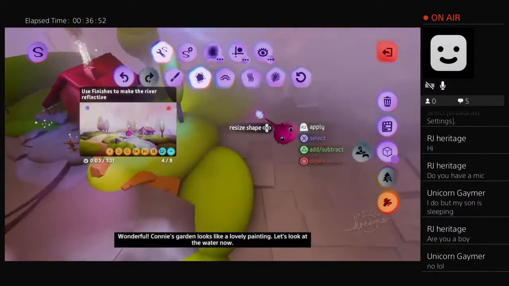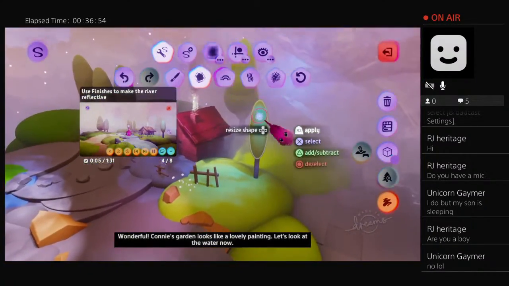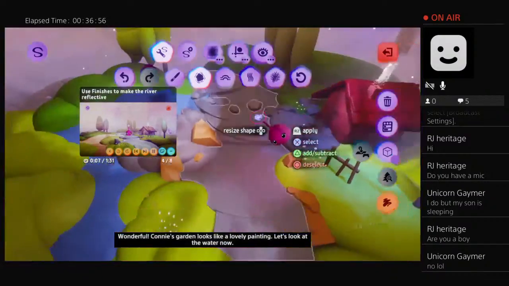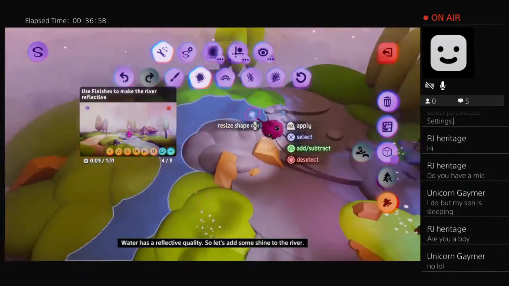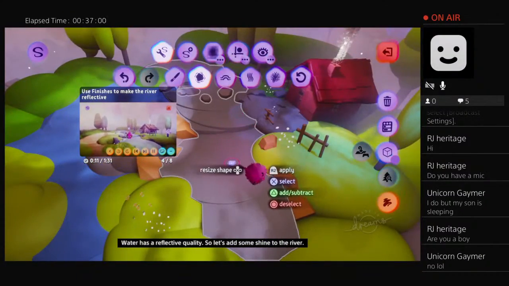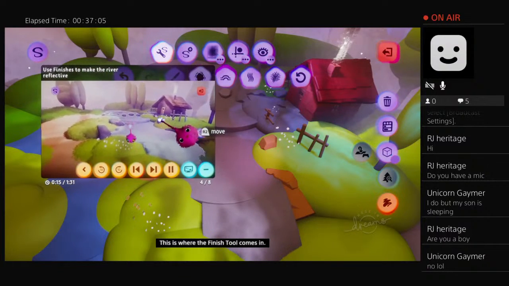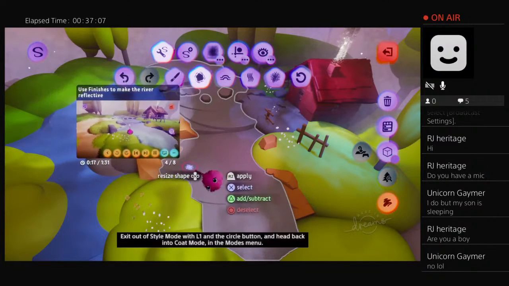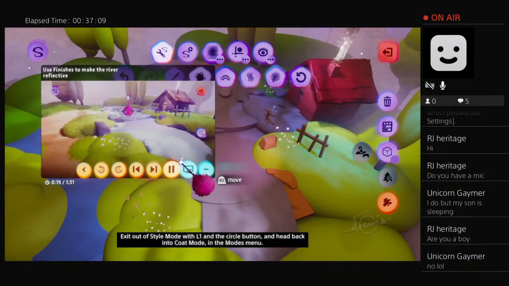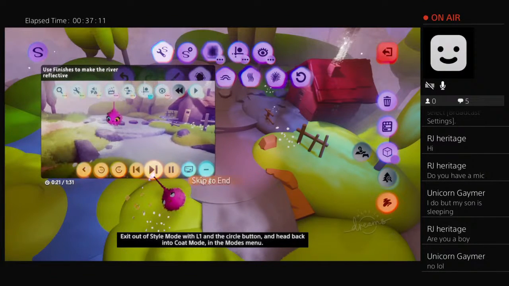Wonderful! Connie's garden looks like a lovely painting. Let's look at the water now. Water has a reflective quality, so let's add some shine to the river. This is where the Finish tool comes in. Exit out of Style mode with L1 and circle and head back into Coat mode in the